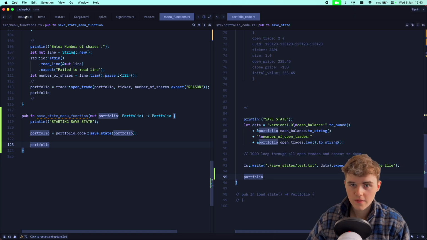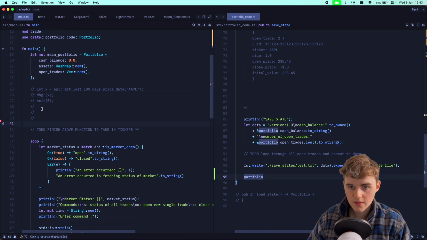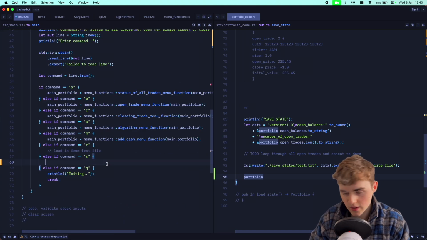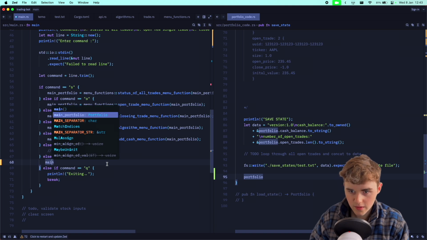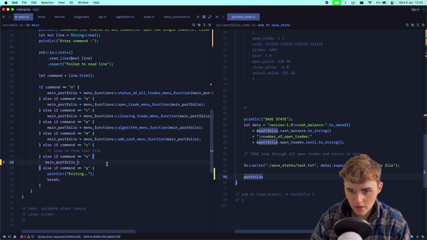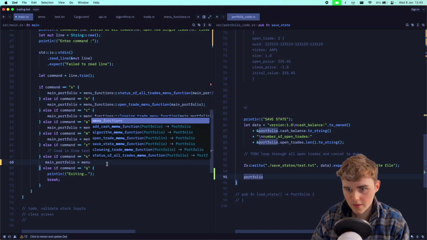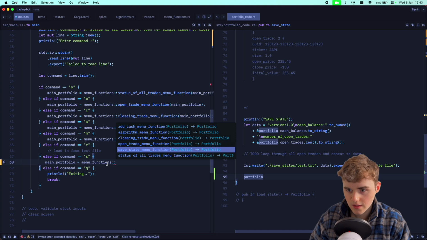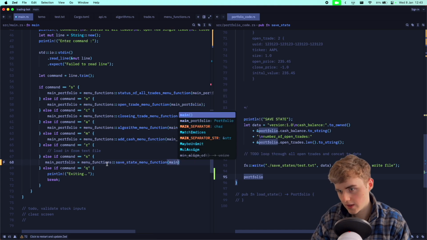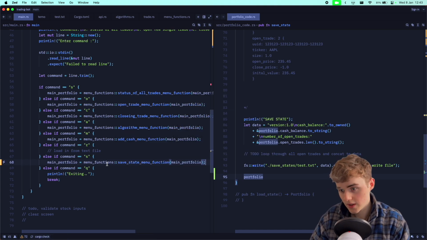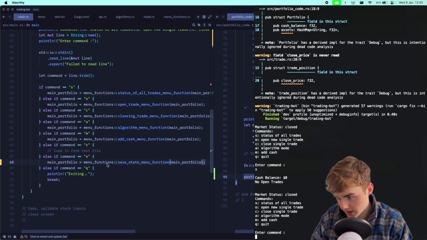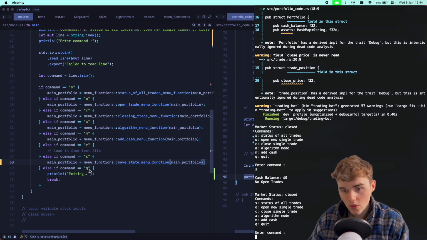Oh no, actually I've not. So we need to, when S is that, we're going to return main portfolio from menu functions, and this is save state menu function, and we're going to give it main portfolio. So now whenever we do this, we should get all of our things. We can do our status, no status, and then we can do, oh look at that,